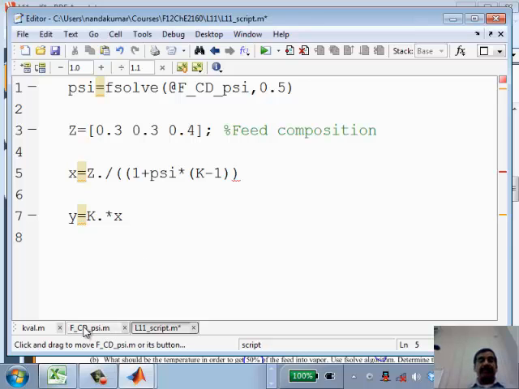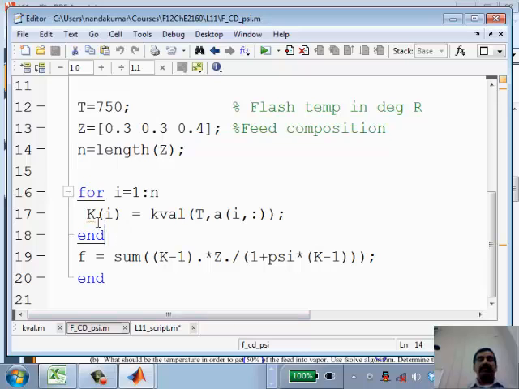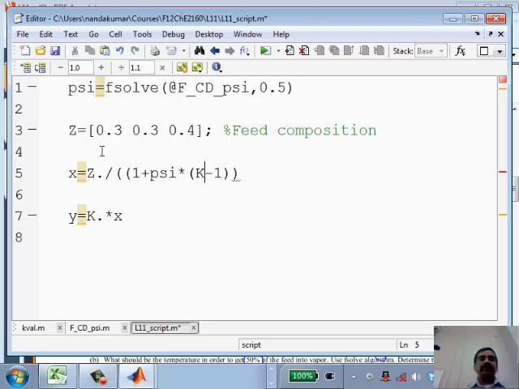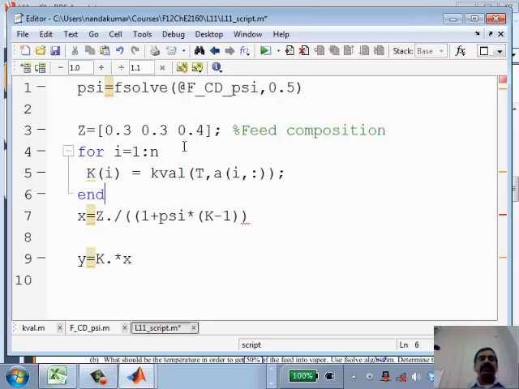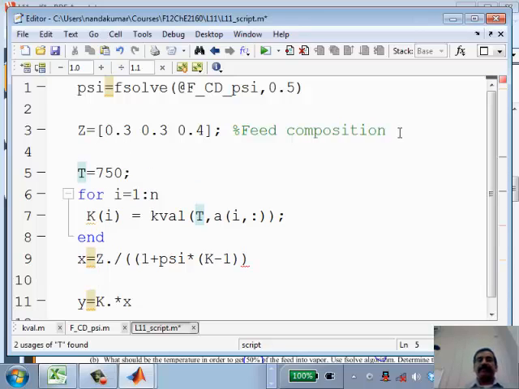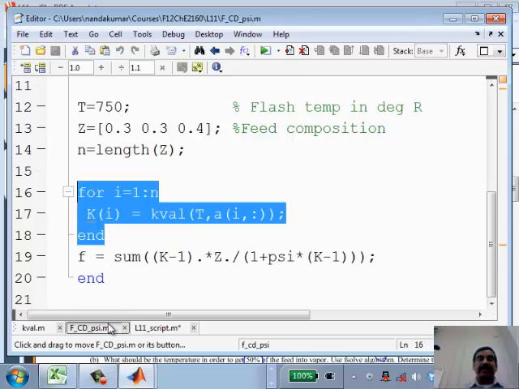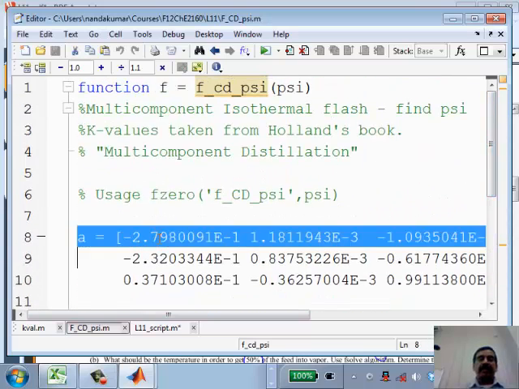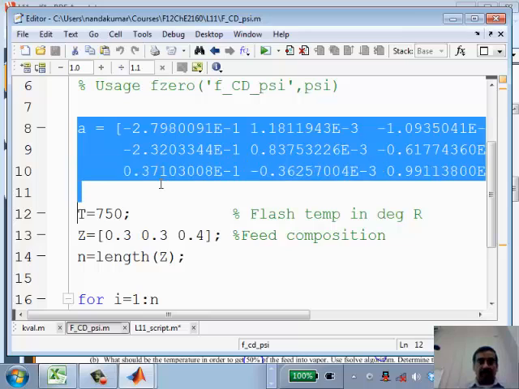Copy that code and put it here, right? You can take that code and paste it there. And of course, in order to do that, you also need to define the t value. Okay? But you also need to define one more thing. What is that? The values of a, the coefficient, right, in the script file. Okay? So you can go there and copy these values